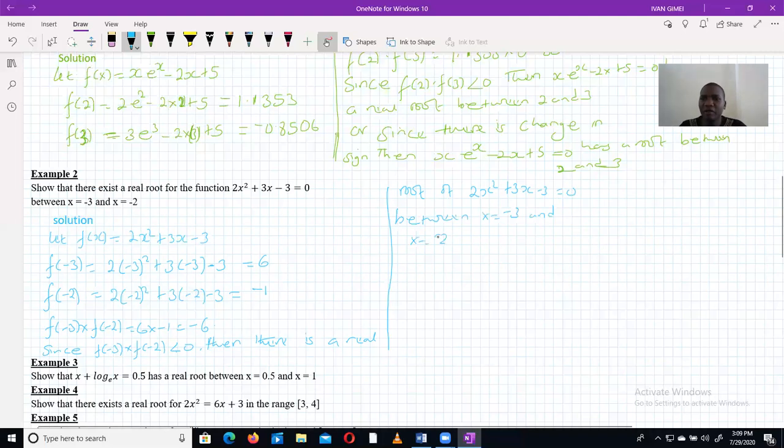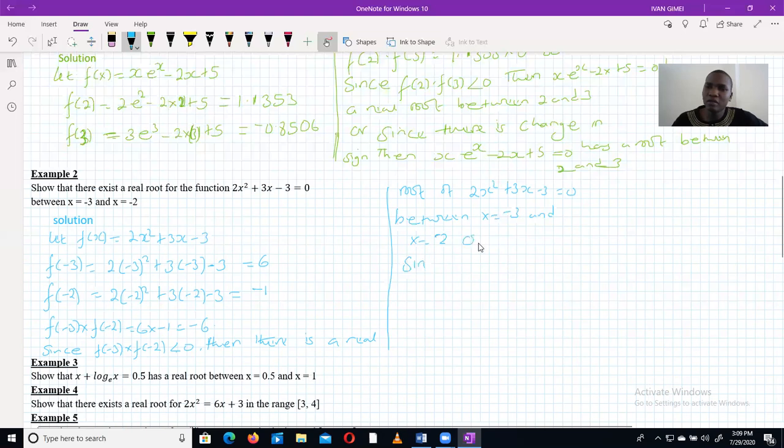This is very important. The conclusion is very important. If you write your work and you don't conclude, of course, you lose out on the marks. So you have to always conclude. They wanted you to show that the root is there. You found this negative, this positive. Then how do you conclude? You have to conclude like that. Or you say,